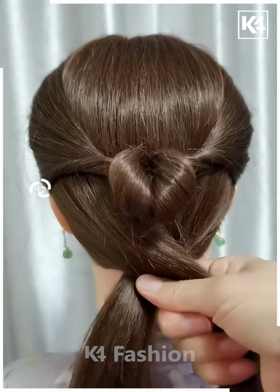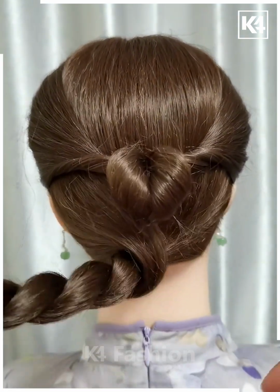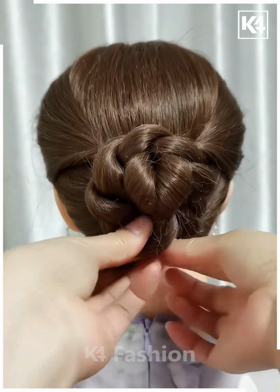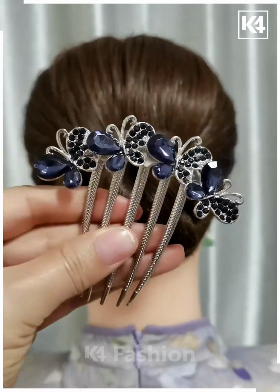Now take the bottom of the hair, divide it into two parts, twist it one on top of the other as such. After this, twist the hair into a bun. After you have twisted the hair into a bun, wrap it around and then use pins in order to fasten it in its place. Make sure that you use pins on either side as it may tend to fall off otherwise. Use a multiple prong pin in order to fasten this entire bun in place